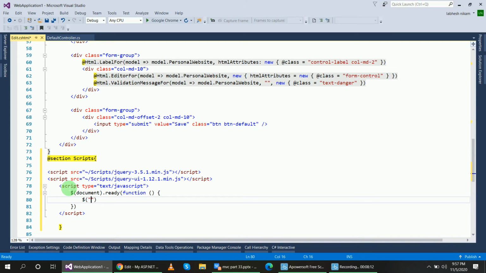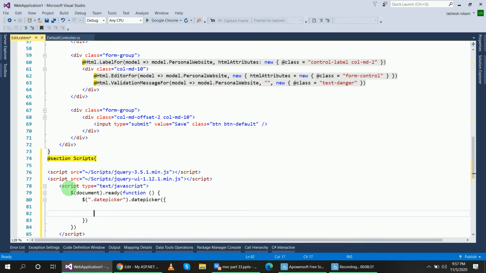So dollar, dot datepicker, and use the datepicker of the UI files. Inside that I customize the calendar using these attributes.